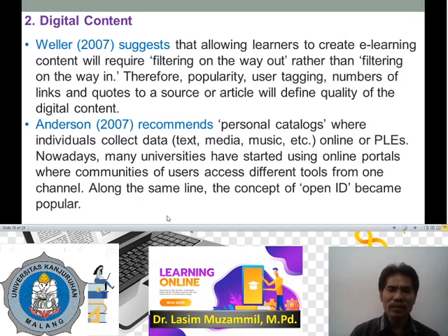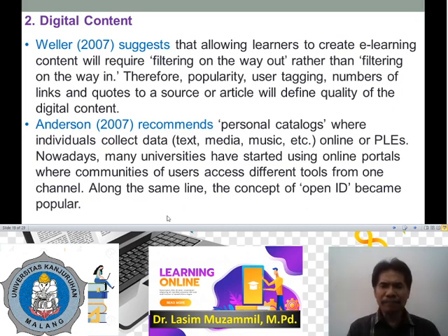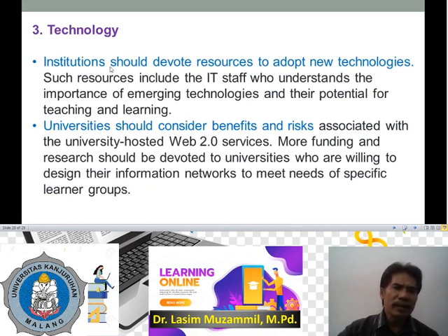OpenID. So when you come to one particular room of meeting, for example, you have to obtain the ID. If you want to join my class in edmodo.com, for example, you've got to be sure that you have my class ID. Suggestion number 3 about technology here. Institutions should devote resources to adopt new technologies. So this is the responsibility of the institution,